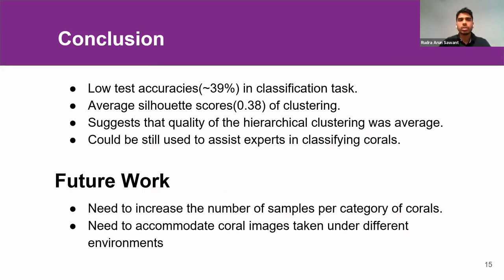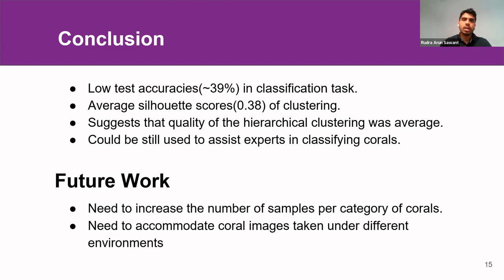So in conclusion, our test accuracy for the classification task was very low, around 39%. And the Silhouette score was kind of average, because they say that around 0.3 to 0.6 is the average Silhouette score for an average kind of clustering. So the clustering is not very much overlapping, but it is overlapping a little bit. We could say that the quality of the hierarchical clustering that we have got was kind of average,